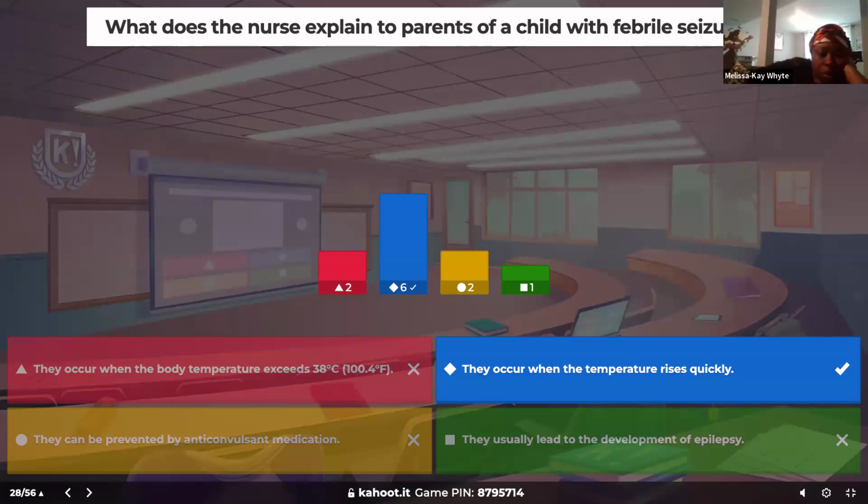Sorry, is that like, even if it's low grade, like even if it only rises to 0.4, but